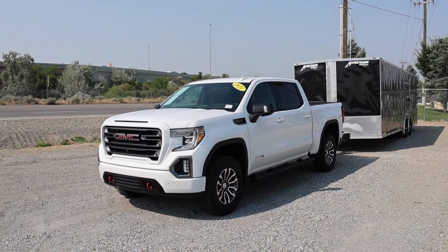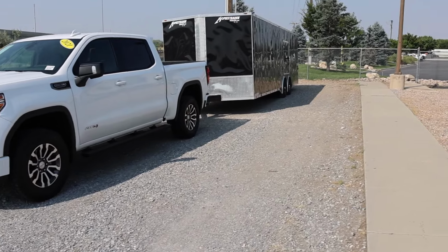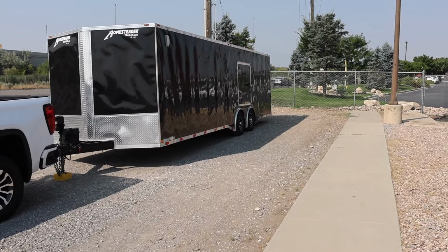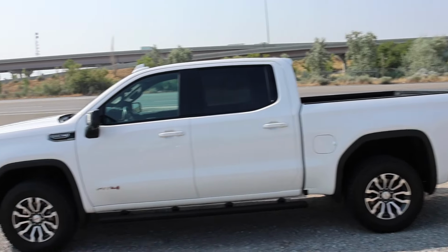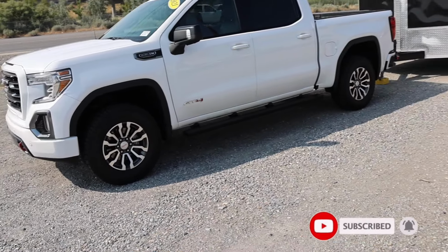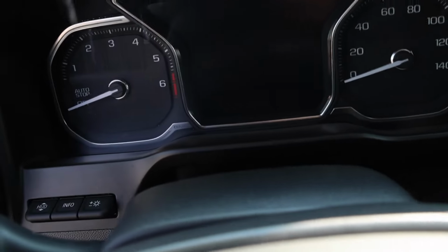I'm going to try something a little different for the half-ton truck. So you guys know I have a 28-foot race trailer. That trailer is probably about 3,700 to 3,900 pounds empty. Now we have today a 2021 GMC Sierra 1500. This truck has the 5.3 liter V8. And check this out. It also has